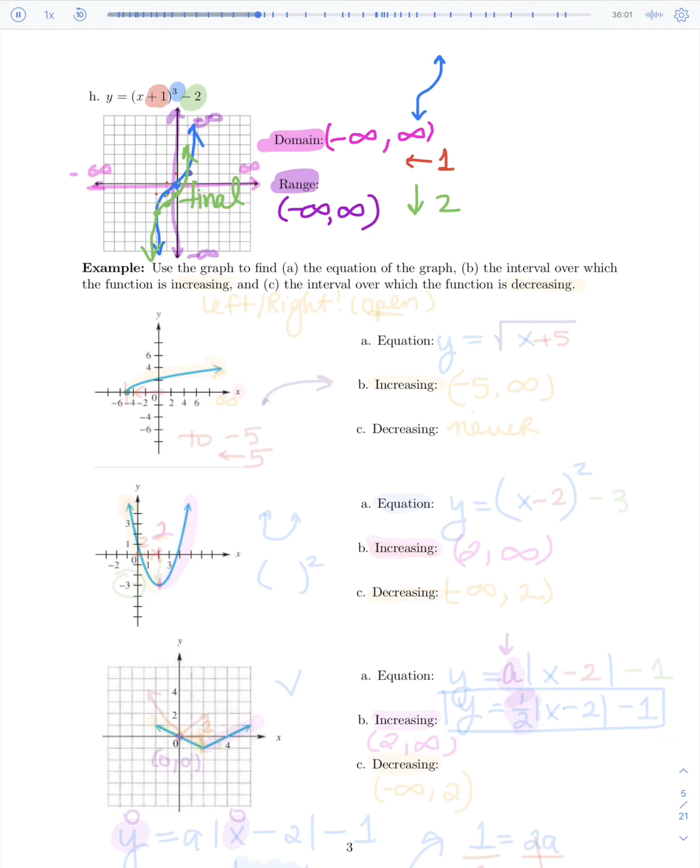In these next few examples, we're given a picture and we want to find the actual equation to the graph. So let's start out with